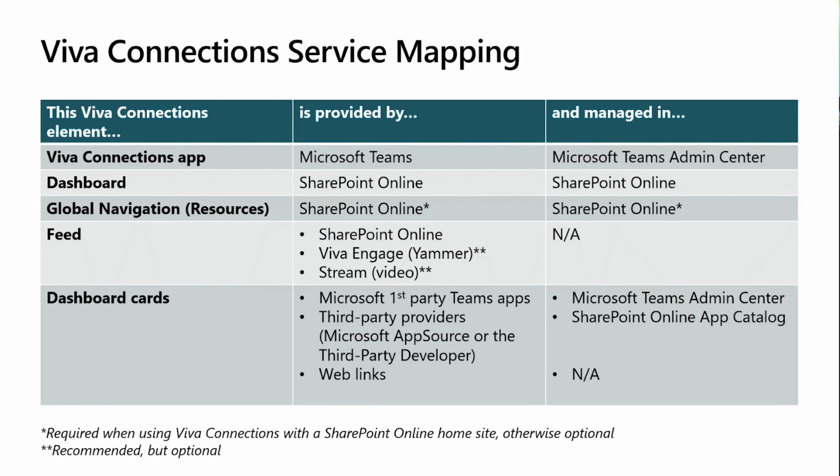And then for the 2 asterisk items, Viva Engage or Yammer, and the Stream video, those are not required. You need to have SharePoint News for your feed as a minimum requirement, some amount of content being published via SharePoint News. But we think it's better when you add Viva Engage, it's better with video. Those things aren't required. We know we have customers that haven't adopted Viva Engage yet, so maybe they go live with Stream and SharePoint Online, and that's completely fine. But we do think it's best when all of those things are in place.